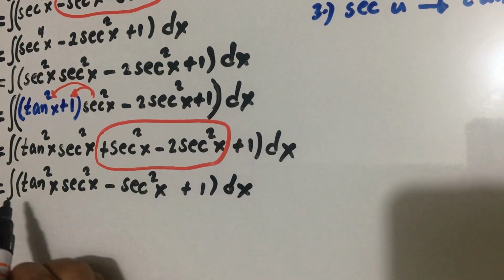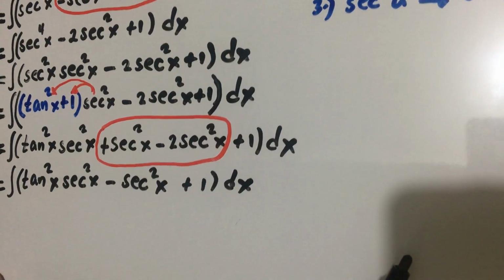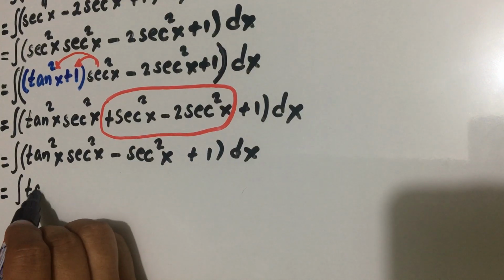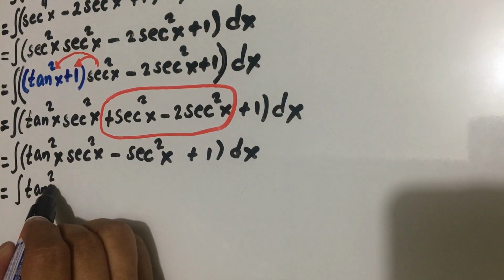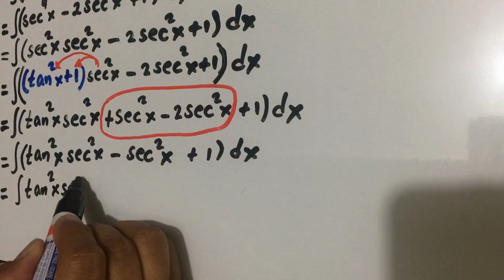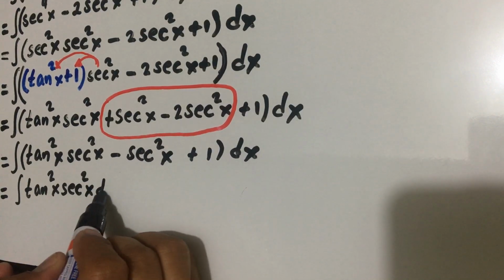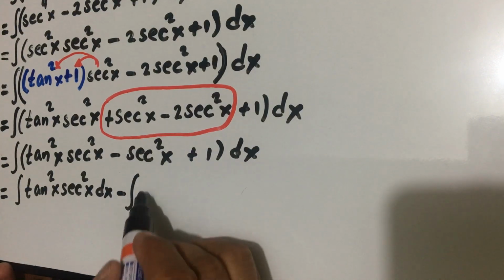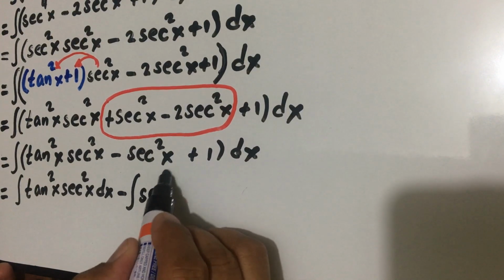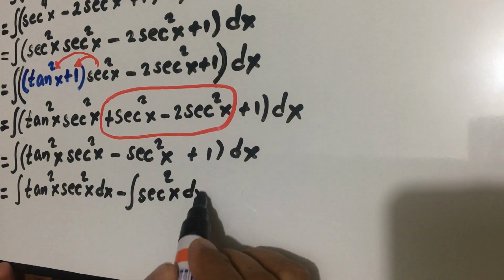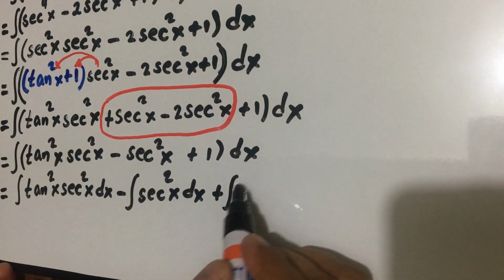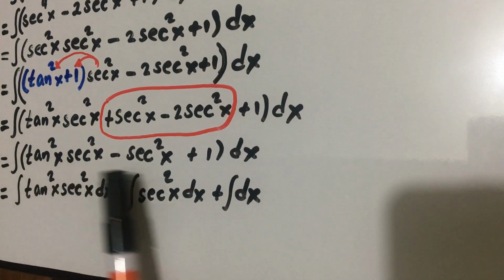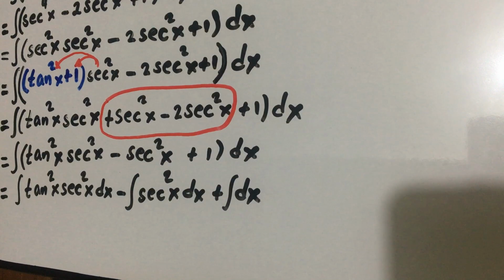So distributing now the integral sign and also the dx. So we have integral of tangent squared x secant squared x dx minus the integral of secant squared x dx, then plus the integral of dx. So we're now integrating each term individually. And